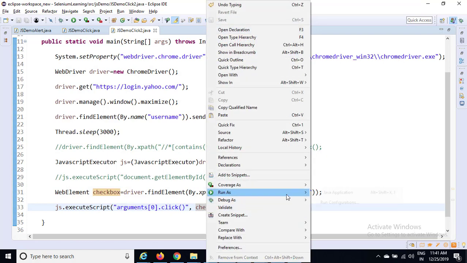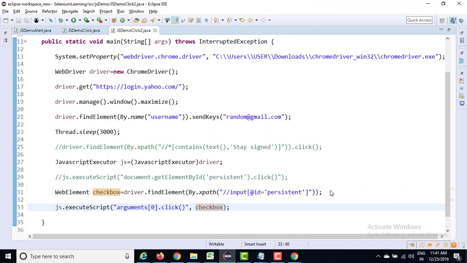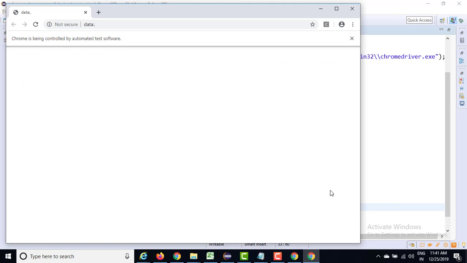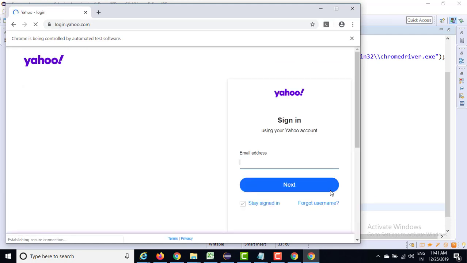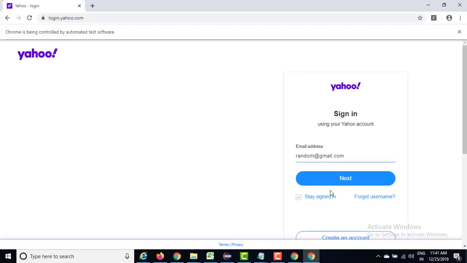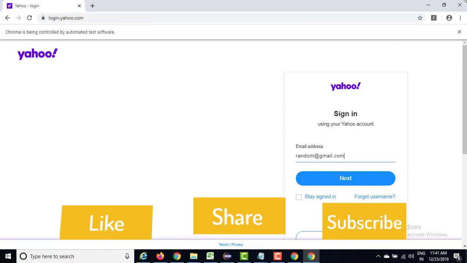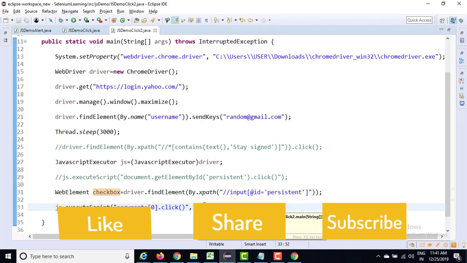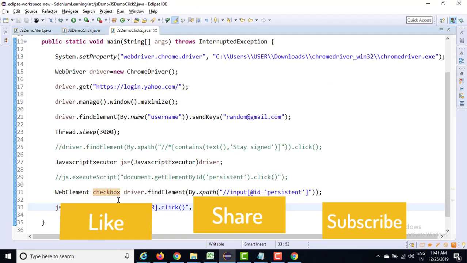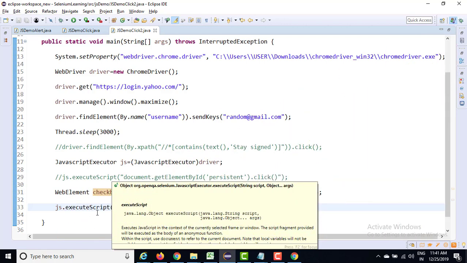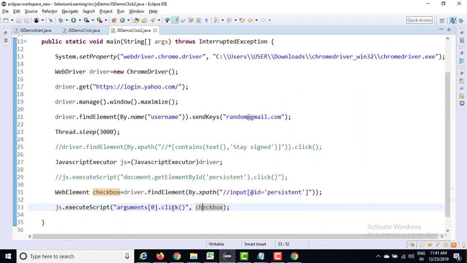So in this case, let's go ahead and run this code. Guys, the process we have changed, but the output will remain the same. It is going to enter, and after 2 seconds it is going to uncheck. But here we have full liberty. You can use XPath or CSS, and you can still use the click of JavaScript. Clear? So you can use this whenever you have a situation where nothing is working. Then the last option would be JavaScript click.